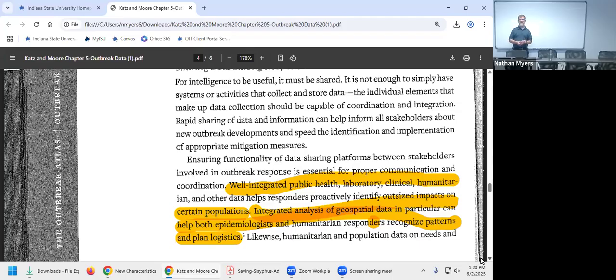Integrated analysis of geospatial data in particular can help both epidemiologists and humanitarian responders recognize patterns and plan logistics. So again, that geographic data, if we can determine what areas are being particularly hard hit,